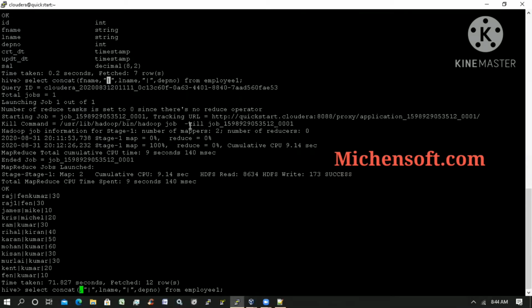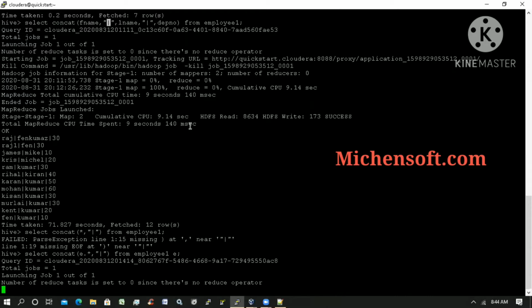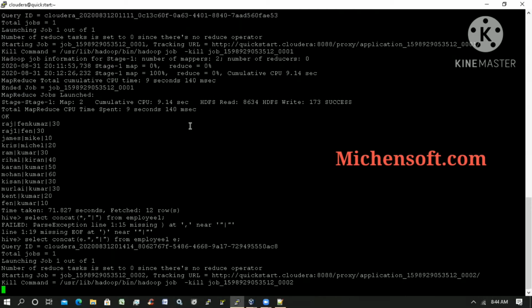Star, it won't work. Let me show it. E dot star, Shravan? One second. It won't work logically. Let me check it. As you said, e dot star also will give it. It's working, but what will be the resultant set?